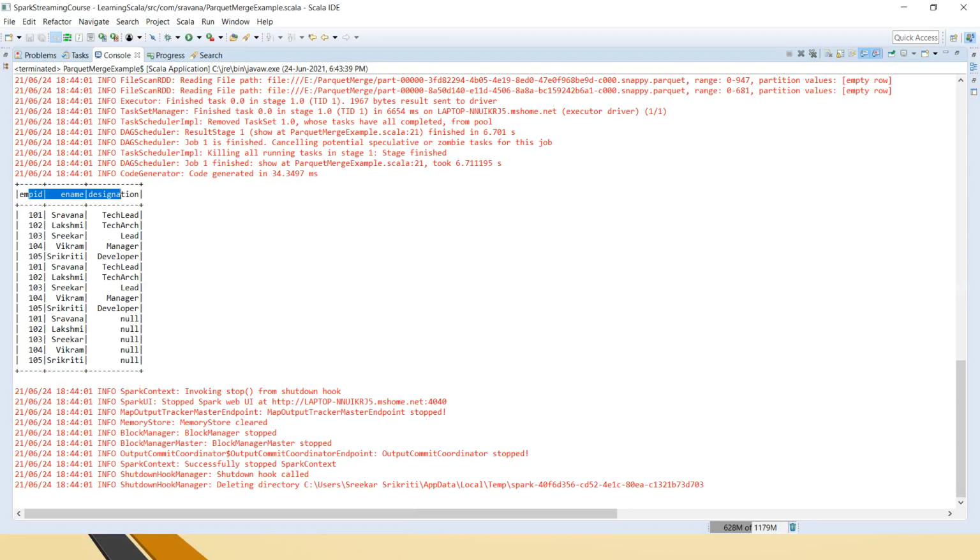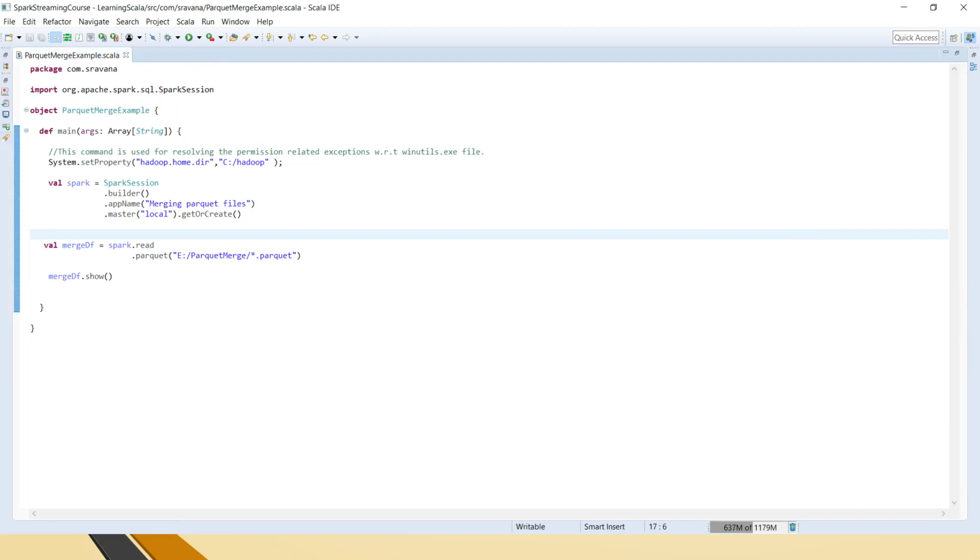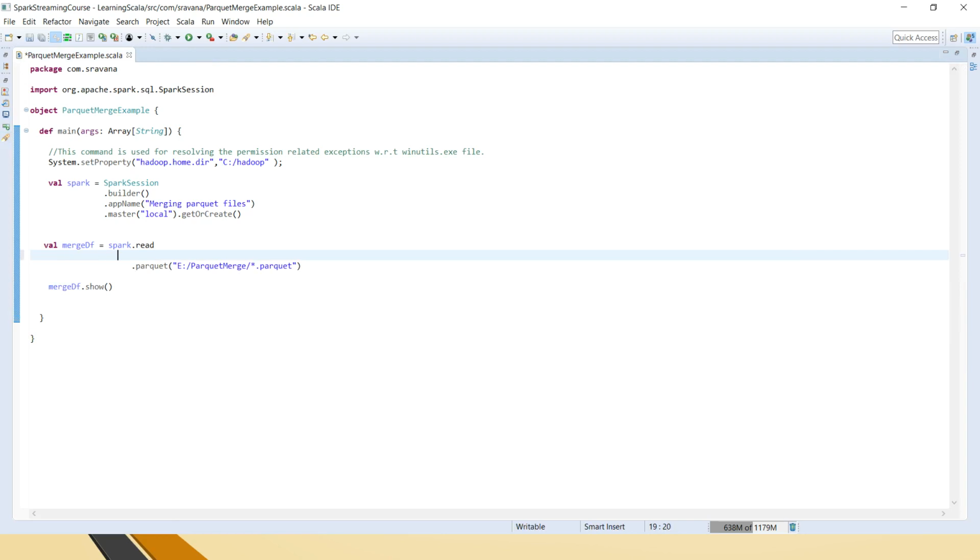Because we have not specified any mergeSchema option, it reads a random file and prints, but it will not consider the entire schema, all the columns, while creating a data frame. For resolving that issue, we have this option.